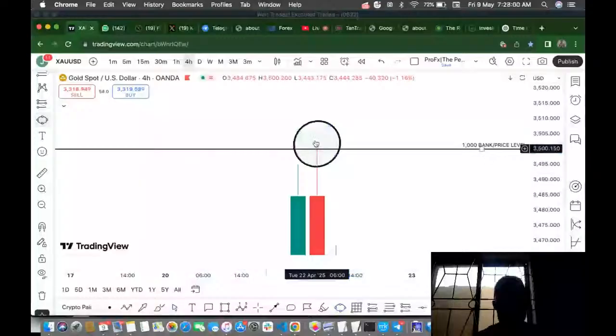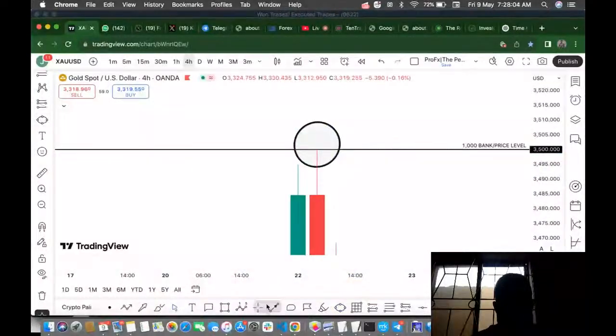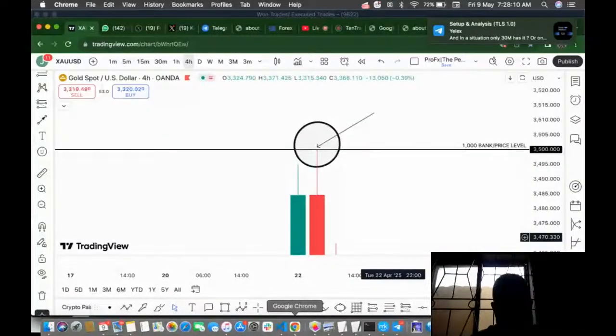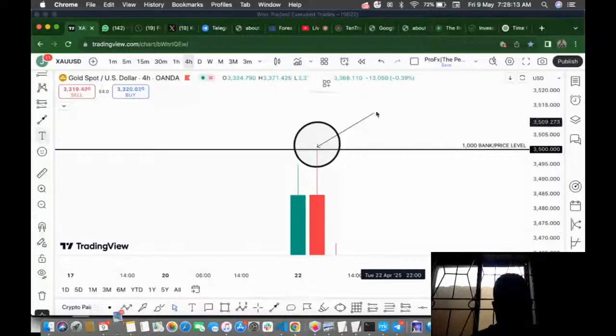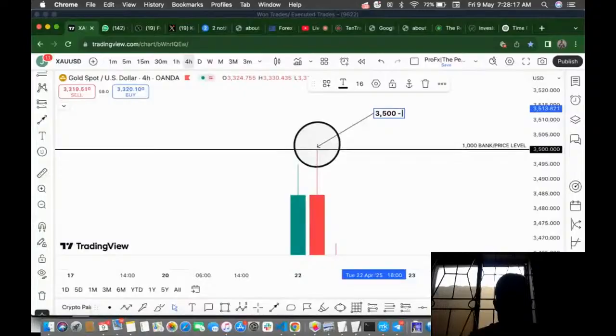All-time high on gold. Kissing 3,500. That is a 1,000 bank level. Okay? 3,500. A 1,000 bank level. And the beauty of this bank level, in line with the direction, put that as a note,